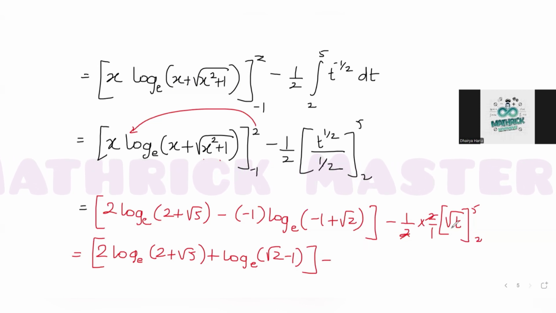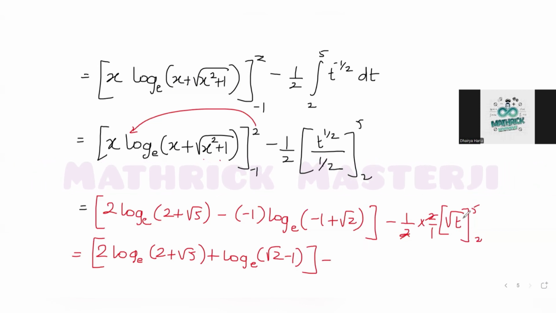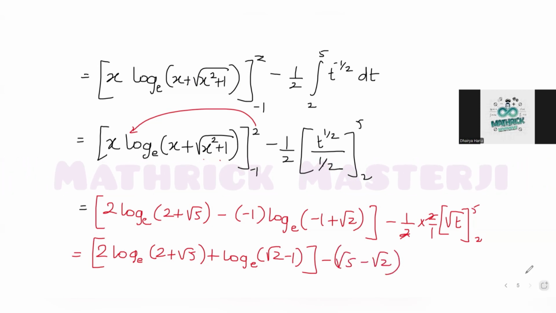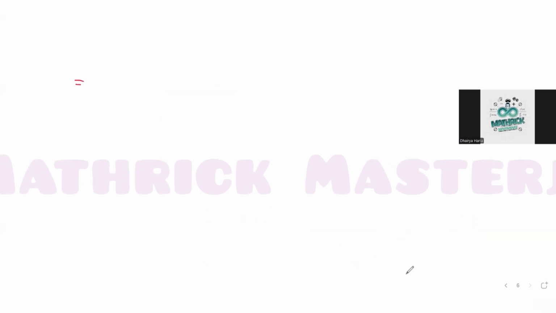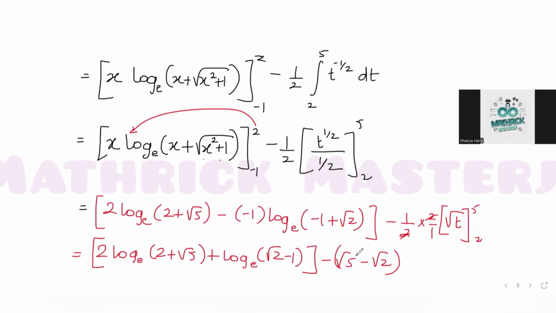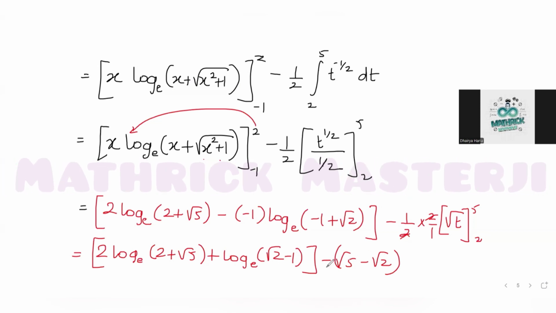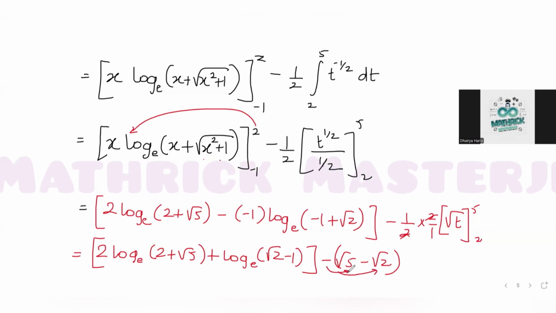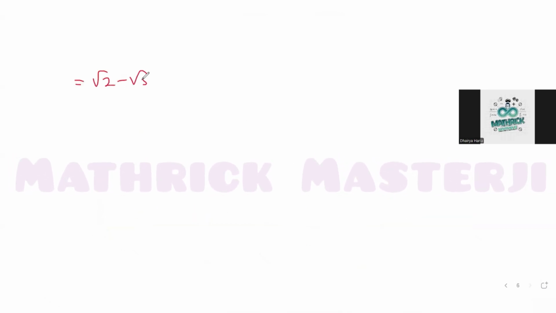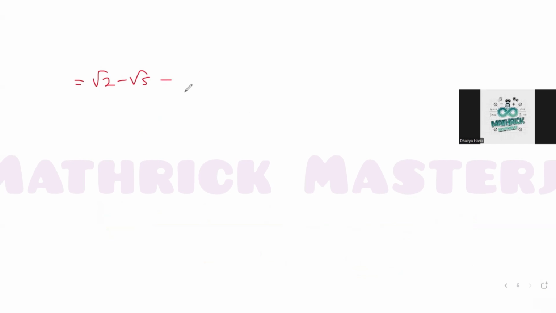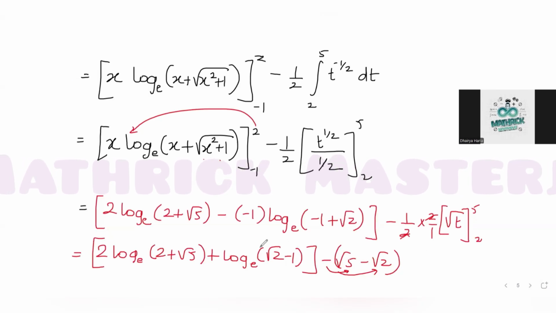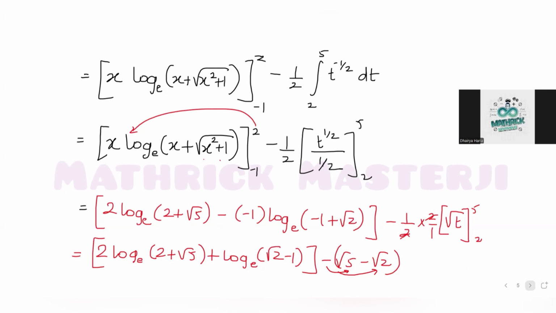This becomes minus, so root t, so root 5 minus root 2. So I get this minus root of 5 minus root 2 if I see here. If I open this minus sign with this bracket, the signs change, so it becomes minus root 5 and plus root 2. So this basically becomes root 2 minus root 5. Once I get that root 2 minus root 5 plus this entire thing, if I see, I have this as